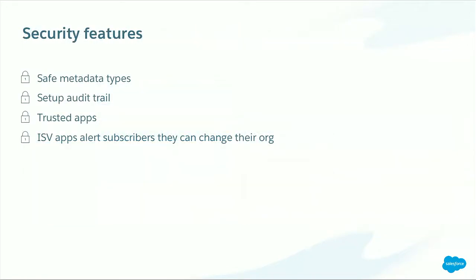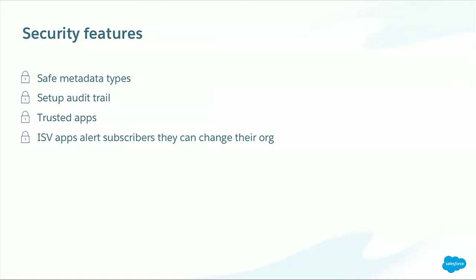So that is one of several security features we put in place for the Apex Metadata API. We are only allowing what we consider safe metadata types, and that's what I mentioned earlier, that we won't allow you to basically create and update Apex classes, Lightning components, things that have code in it. The setup audit trail tracks the namespace. The trusted app slide we just took a look at, and the last piece of the security features around this